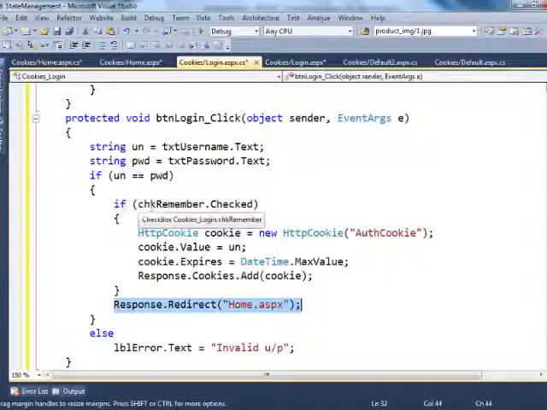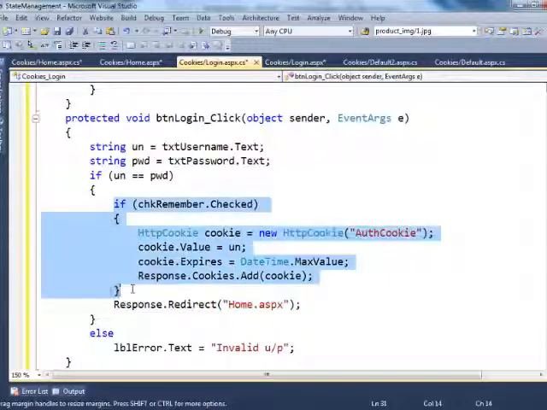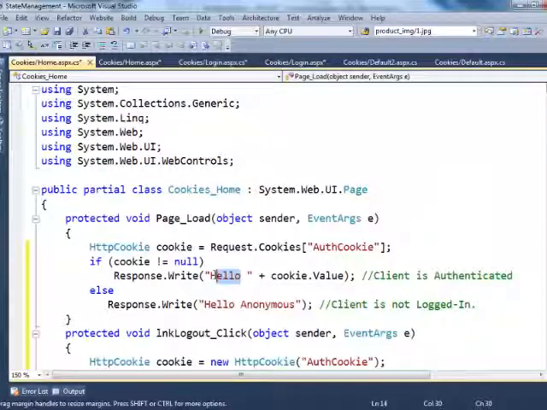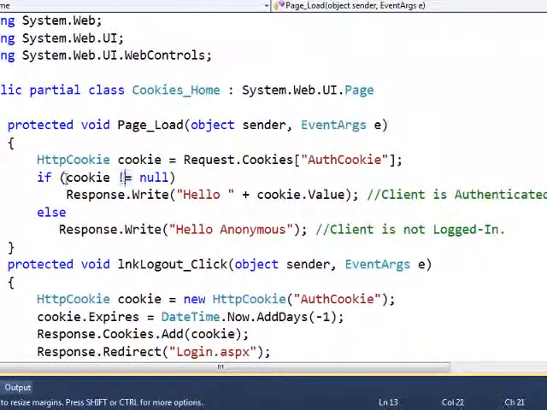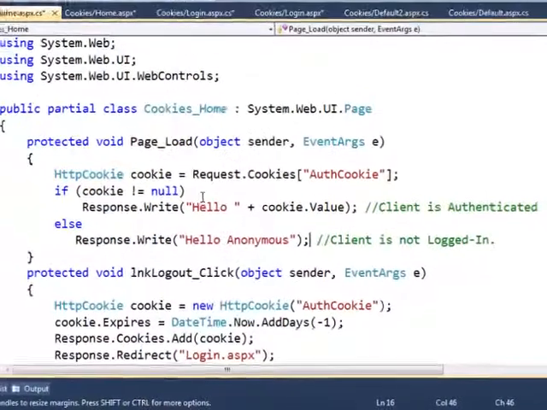But if you select this checkbox by giving null, what will it say? Hello. Only hello, because the null value is there and nothing is there as a value. We are checking here if not equal to null. Equal to null means here it will say. Okay, let's explore it when we execute the page.